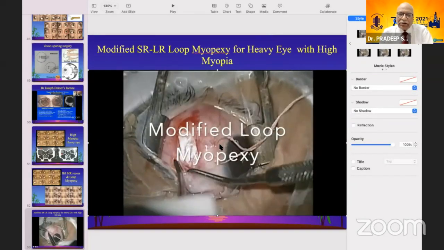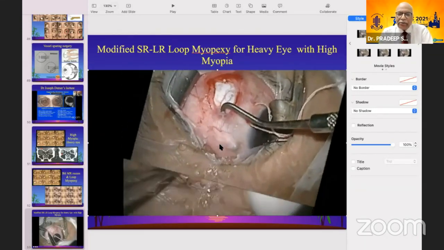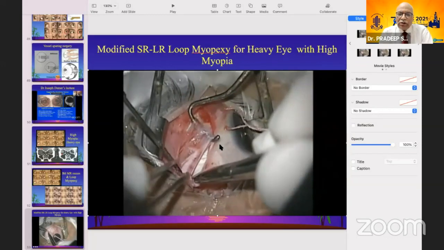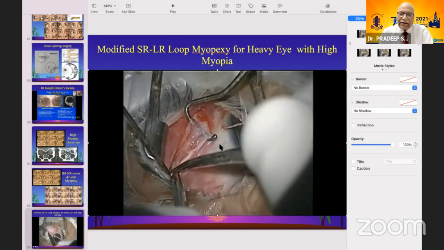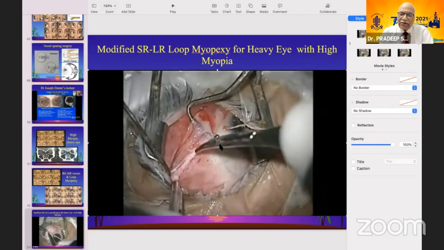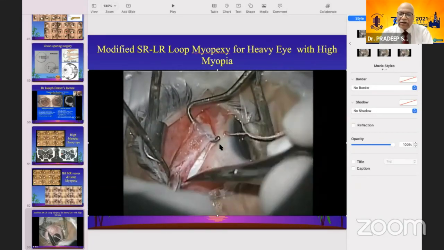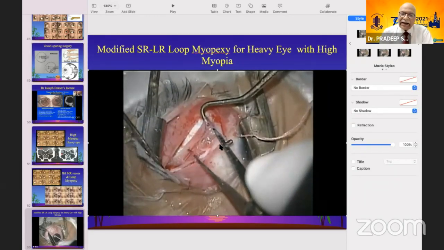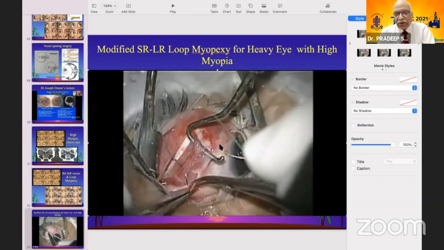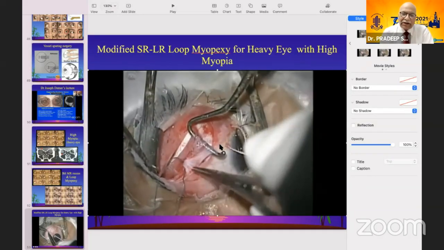This is a superior-temporal fornix incision being made. The superior rectus is being hooked. The important part is that you need to separate the intermuscular septum on the nasal side so that the superior rectus is totally free to move. Otherwise, your effect is not good. So this is what has been done, and you can mark it 8 to 10 mm from the insertion. You don't have to go 14 or 16 mm as originally described, because even this works pretty well.